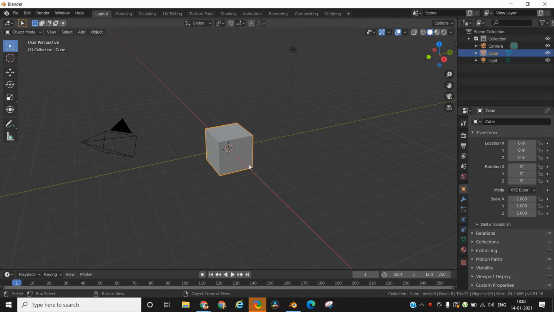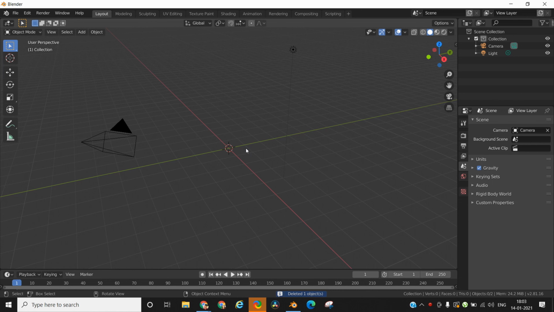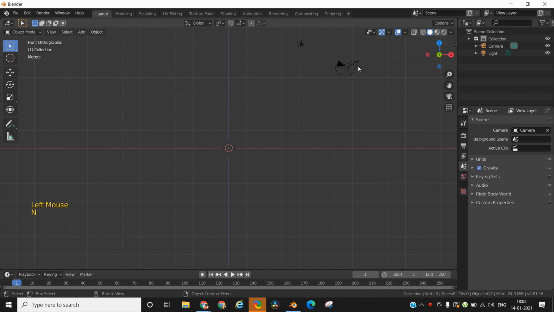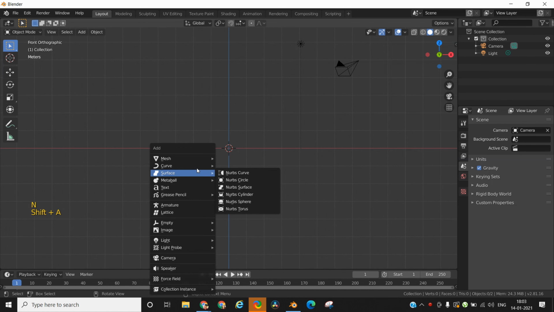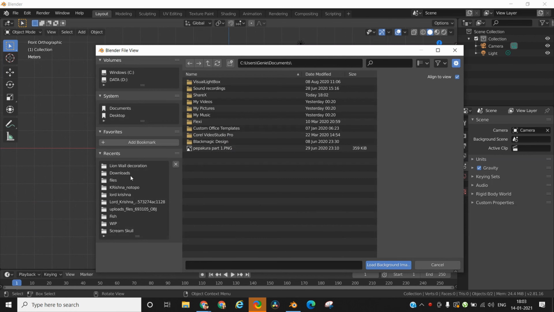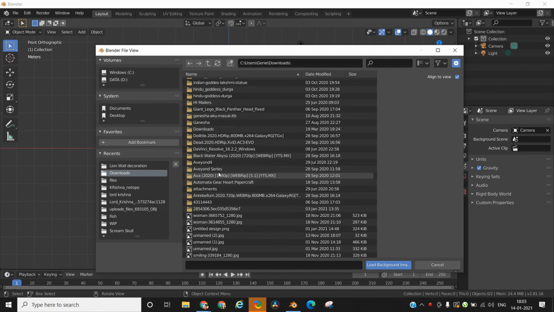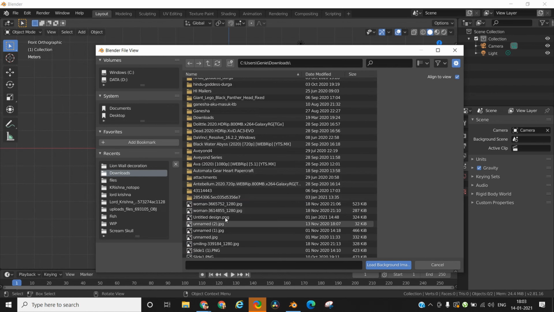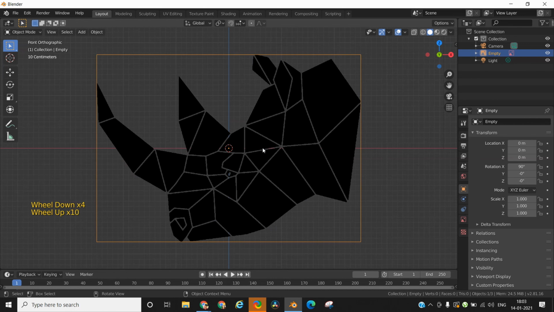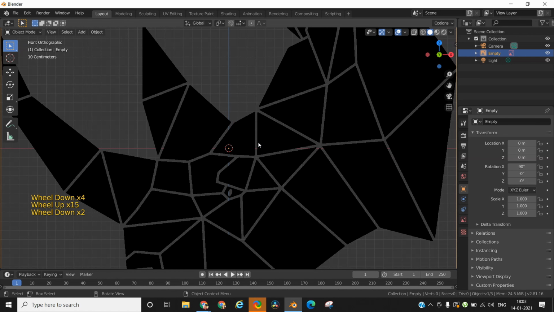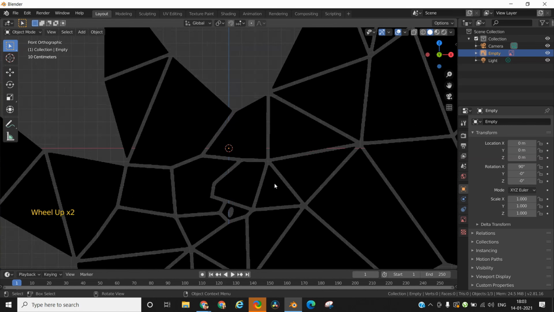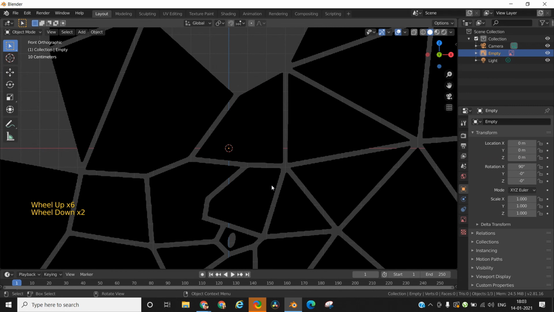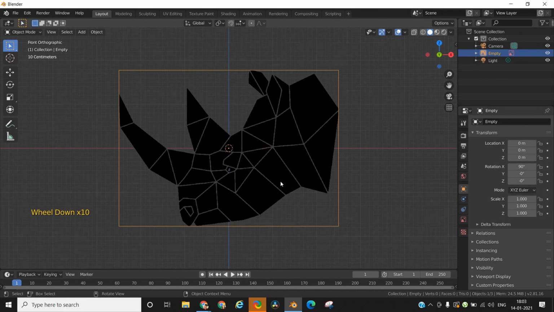Open a new file in Blender, select the default cube and delete it. Then shift the perspective from 3D view to front view by pressing 1 on the number keypad. Press Shift A to open the addition menu and from that menu add a background image. We are going to use this image as a reference to build our low poly mosaic on top of it. I have taken this image from pixabay.com and as you can see, the image consists of multiple geometrical shapes put together closely with each other to form the final shape of the rhino.